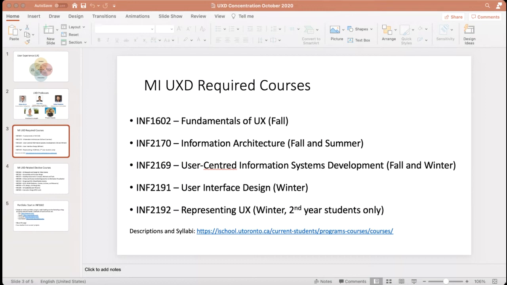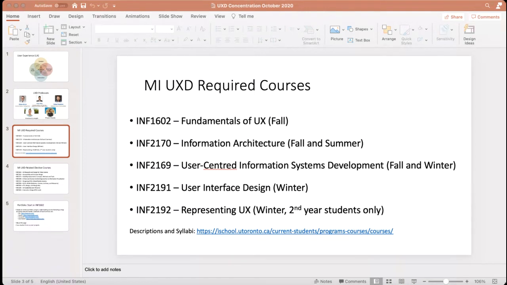In the winter, which is this semester, we have our User Interface course, which looks at some graphic design, studying design systems, guidelines and rules for designing under different types of platforms. We also move to high fidelity prototypes. Like a lot of these courses in the fall semesters, we stop at medium fidelity prototypes, black and white wireframes. But in the user interface course, we move to high fidelity prototypes. And then in the last term of your second year, you do Representing UX, which is the capstone course. It's an experience mapping course in which you do a project with a community, like a real project with an organization, and you take it over.